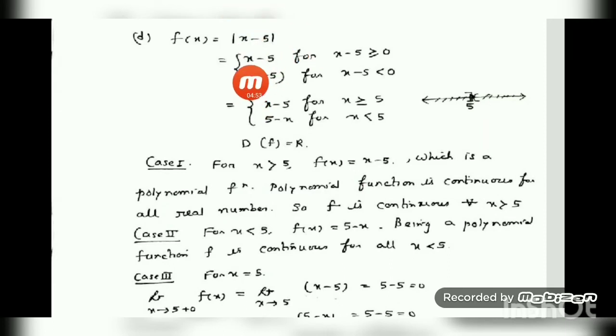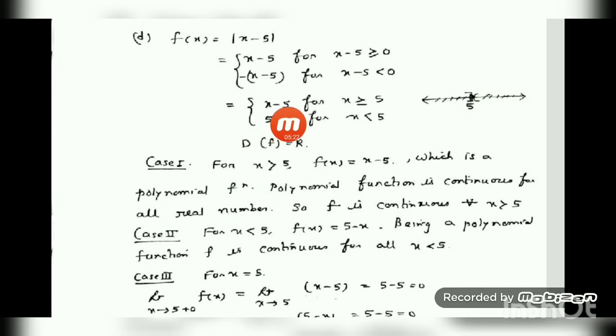The function value remains as it is when this is greater than or equal to 0. That is, x minus 5 remains as is, because your modulus definition is: modulus of x equals x when x is greater than or equal to 0. So this is equal to x minus 5 when x minus 5 is greater than or equal to 0. And this is equal to minus of (x minus 5) for x minus 5 less than 0. Okay, so here, doing the calculation, I need x greater than or equal to what, or x less than what, not x minus 5. So let us find out what the x value is.